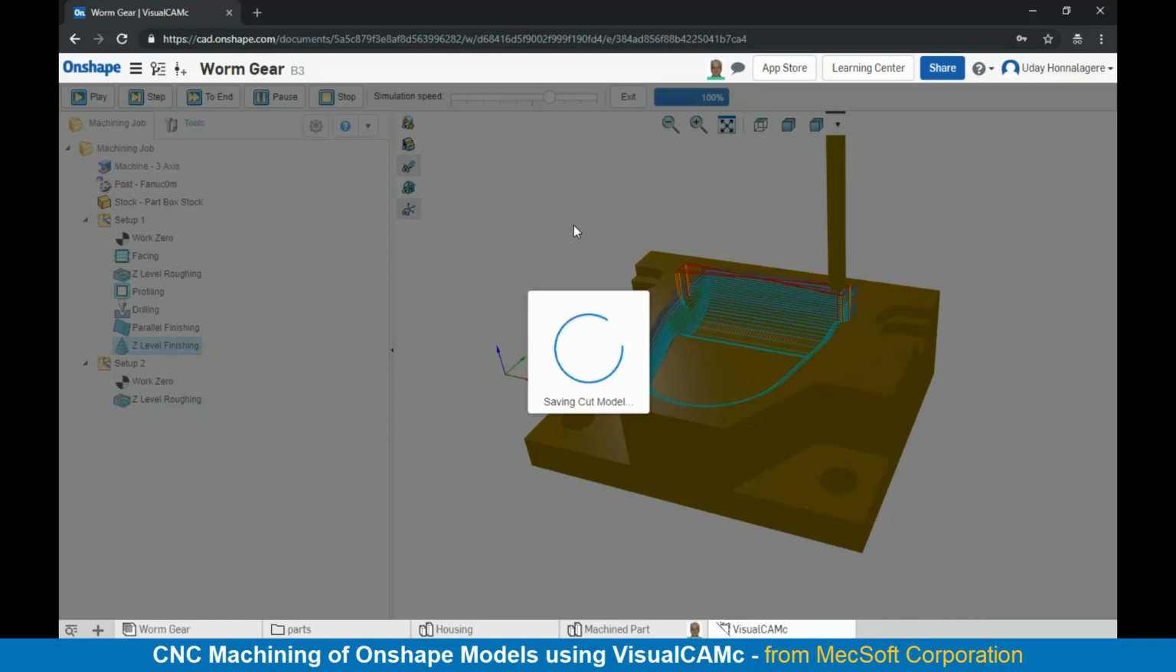So once we have the simulation, the cut model generated for the first setup, we would then switch over to the next setup to simulate it as well, which I'll be able to demonstrate in just a moment. Now, while we are waiting on that, I do want to quickly show you